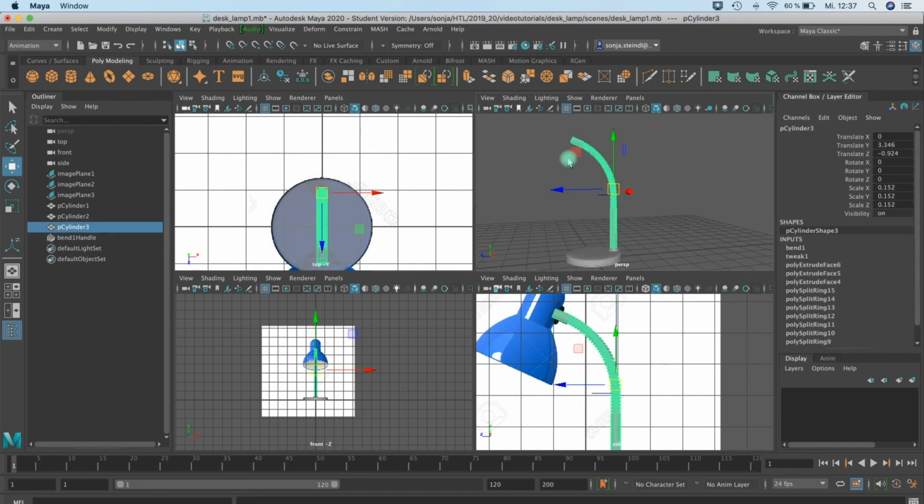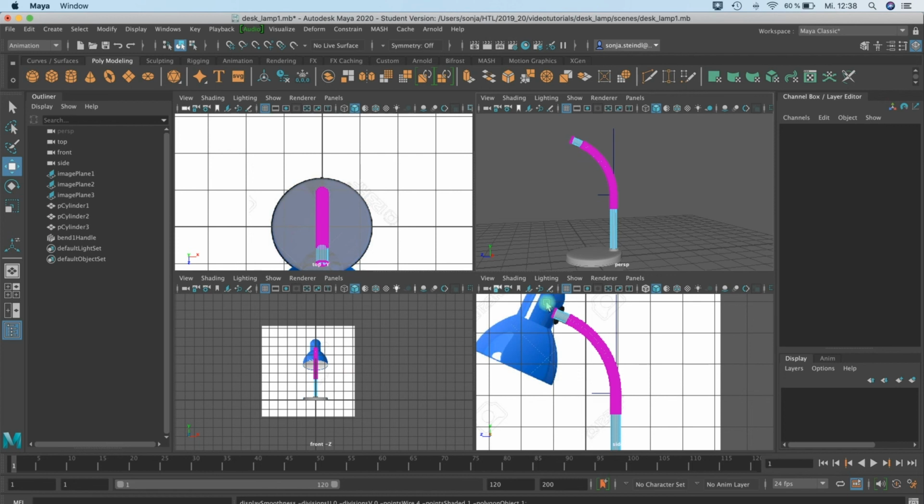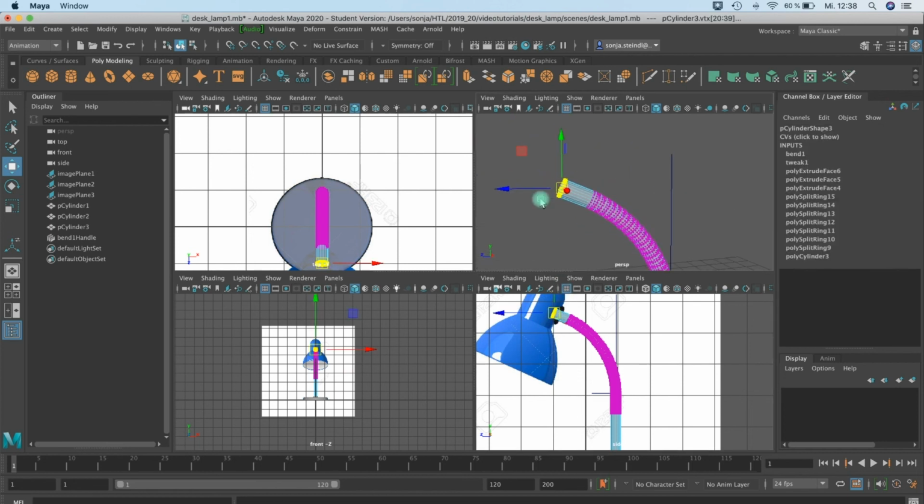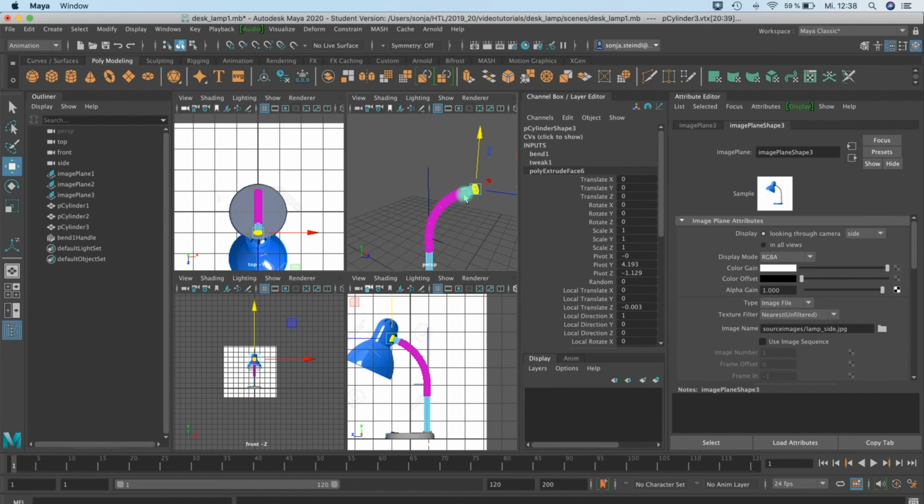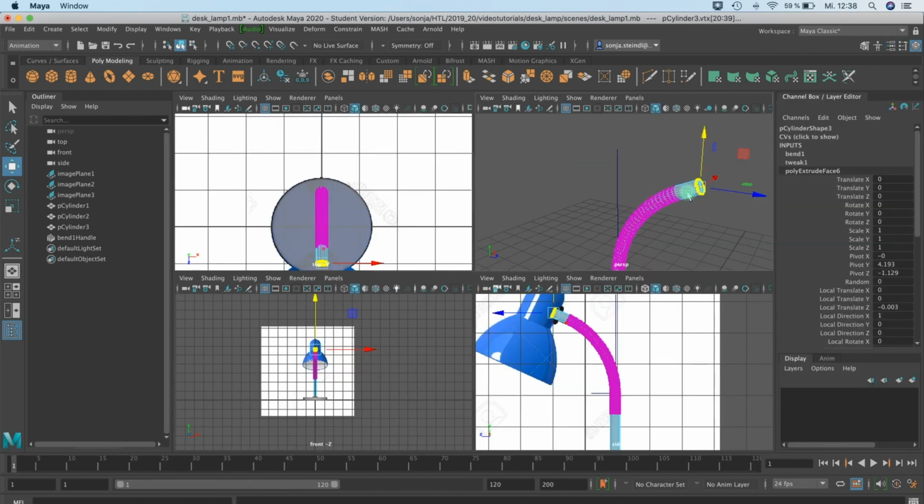Of course, I can shorten this here a little bit at the end. Just be careful that you don't deform your geometry too much. Actually, because the deformer is still working, my repositioning doesn't work. So when you are happy with your bending,